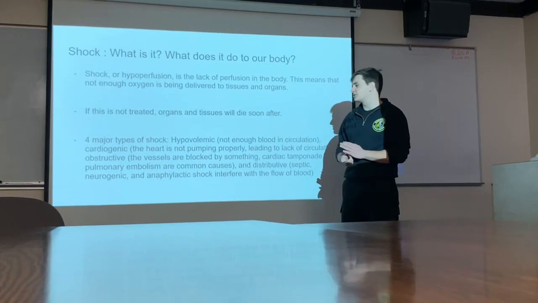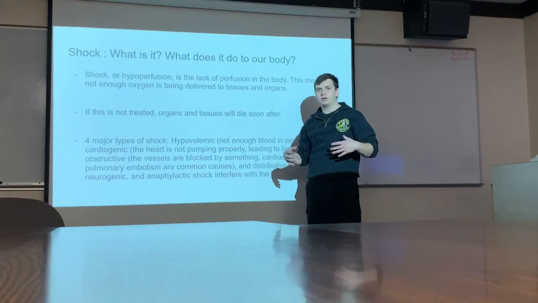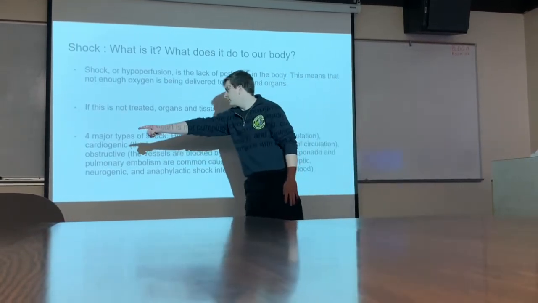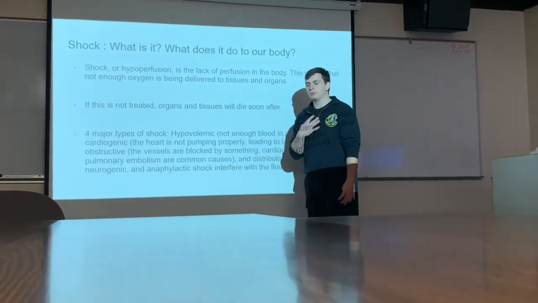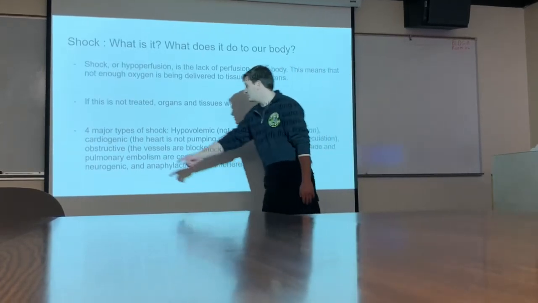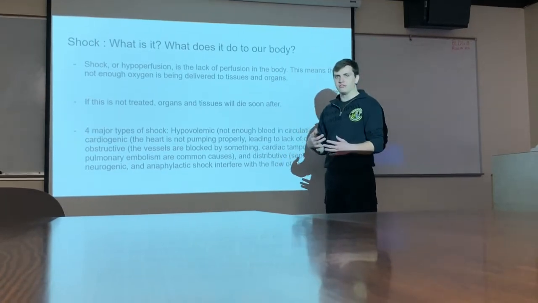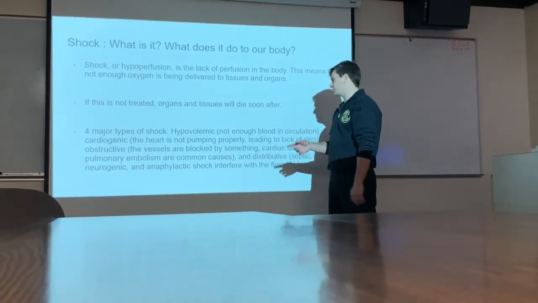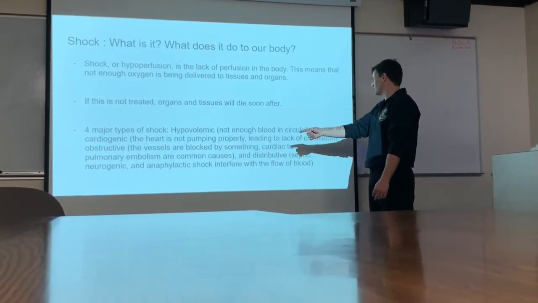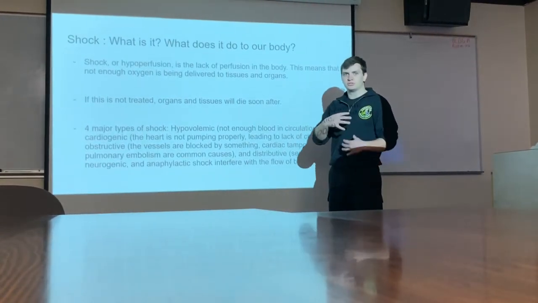So we have 4 major types of shock. You have hypovolemic, which means the volume of blood is too low for your body to sustain. Cardiogenic, this is an issue with your heart, so it's not pumping correctly, and that also leads to a lack of circulation. Obstructive shock, where your vessels are blocking something, so your heart may be working fine, but your vessels are what's blocking circulation coming through. Something like cardiac